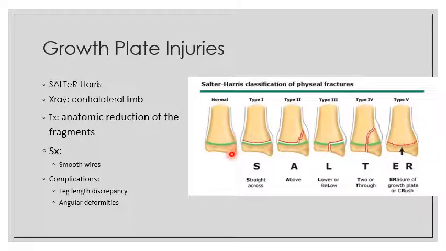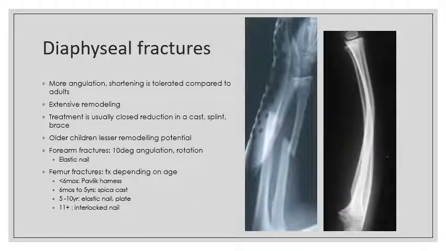So the treatment for this is the anatomic reduction of the fragments. Usually we treat this with smooth wires, and the problem usually are complications with leg length discrepancy and angular deformities. So diaphyseal fractures, basically in children, more angulation and shortening is tolerated compared to adults, and there's high potential